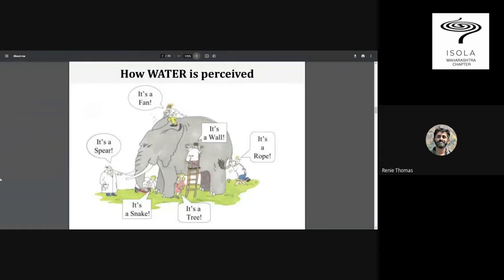But if you look at water as such, water is something very common to everyone. It is not for a particular landscape. It runs through, right where it falls, at the ridge, the mountains where it falls, all the way until it reaches the sea. It moves through different landscapes, different aquifer systems, different societies, and how we use it is all a personal thing. But I personally feel how we look at the elephant, or water, as a common thing is very important to addressing this issue. So can we move to the next slide?